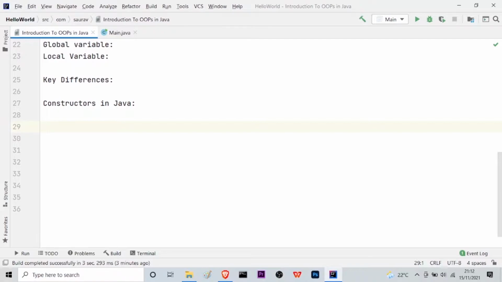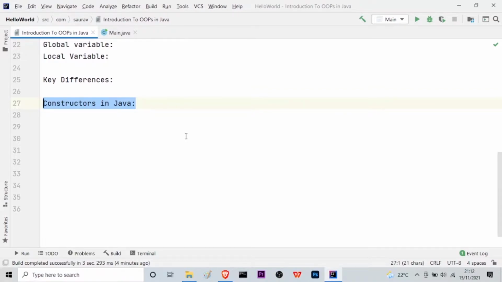As I said, today's topic is constructors in Java. So what do we mean by constructors? In Java, a constructor is a block of code similar to a method. It is called when an instance of the class is created. At the time of calling a constructor, memory for the object is allocated in the memory. So it seems a little complicated, right? Let me simplify it for you. Actually, a constructor is a special type of method which is used in order to initialize an object. Now it is simple, right?